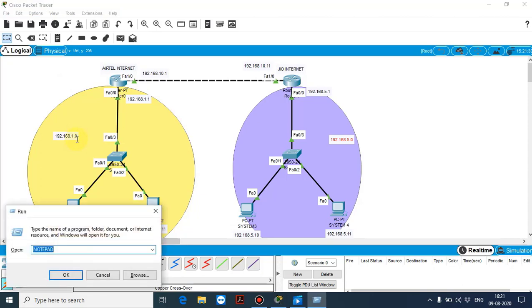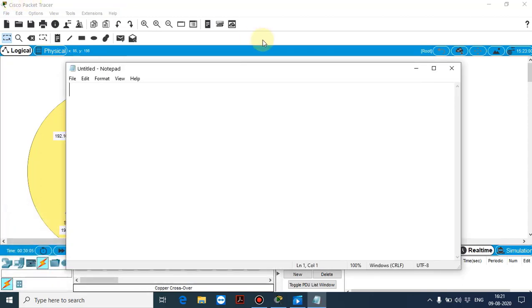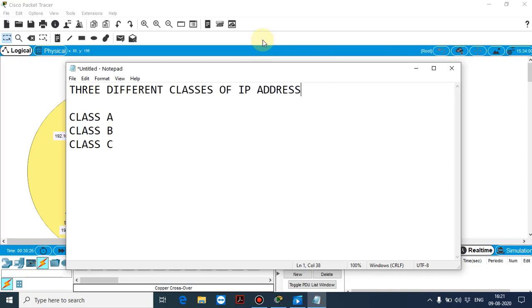The reason is, if you open the notepad, there are three different classes of IP addresses: class A, class B, and class C. Class A ranges from 0 to 126.